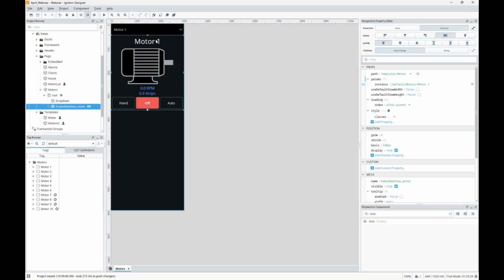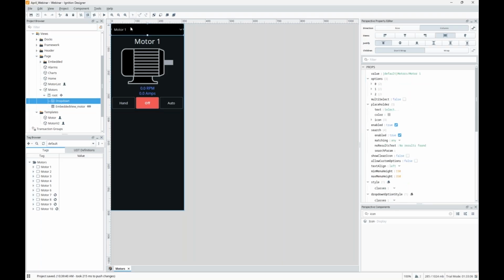But say you created this view and now I went into a project review, and within that project review, maybe the end user says, hey, I want to add a text field here in front of my dropdown, right? Maybe give a little bit more context as to what this dropdown is for, maybe say something like select motor. So let's go ahead and add that in there. And actually this kicks off my first tip of the day here, is wrapping components inside of a container.